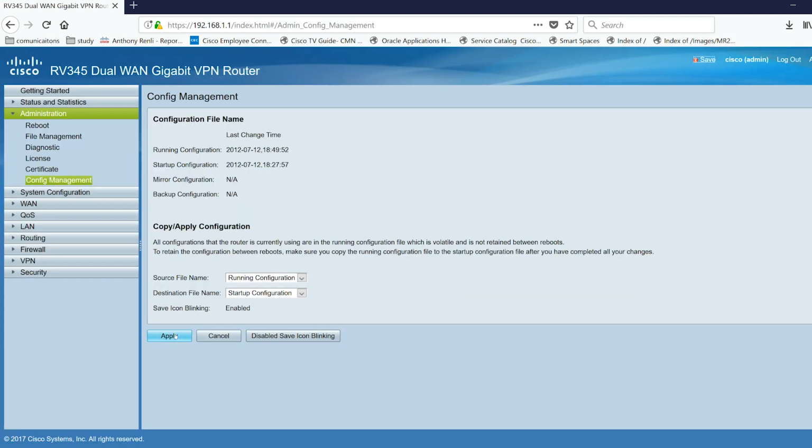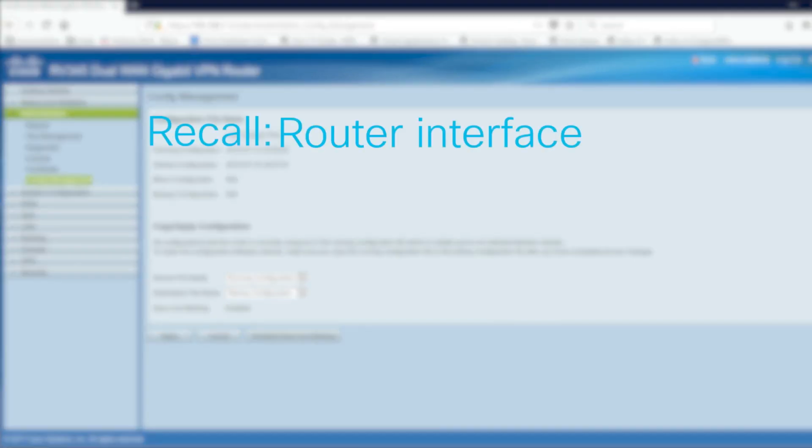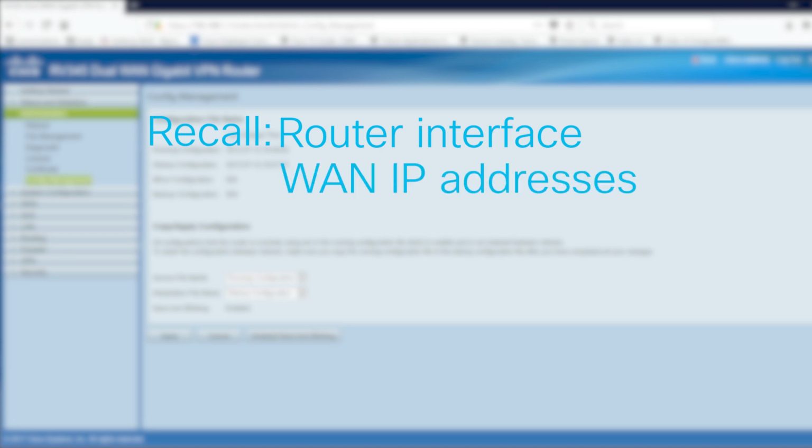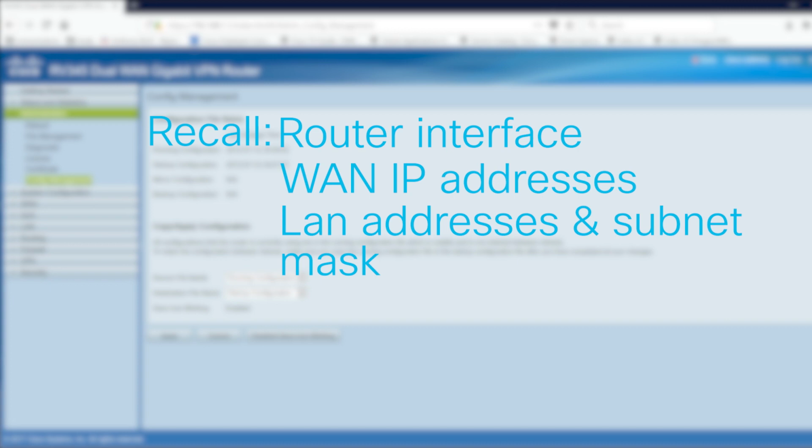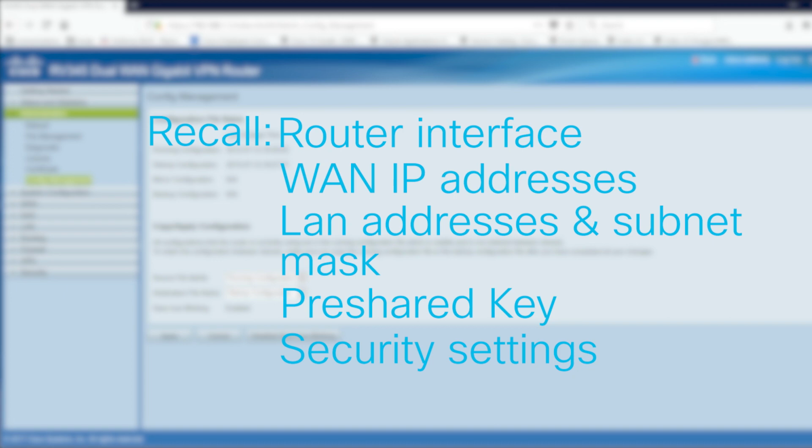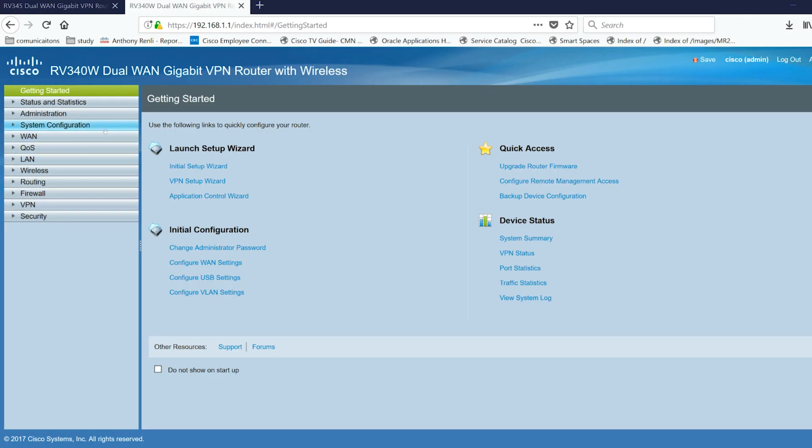To configure the remote router, you will need to recall the configuration settings selected on your local router. For example, you will need to know the interface of the local and remote routers used for the VPN, the wide area network, WAN, IP addresses of both the local and remote routers, the LAN addresses and subnet masks for both the local and remote routers, the pre-shared key, password, or certificate used for the VPN connection, security settings on the local router. You will also need to add firewall exemptions for the VPN connection on both the local and